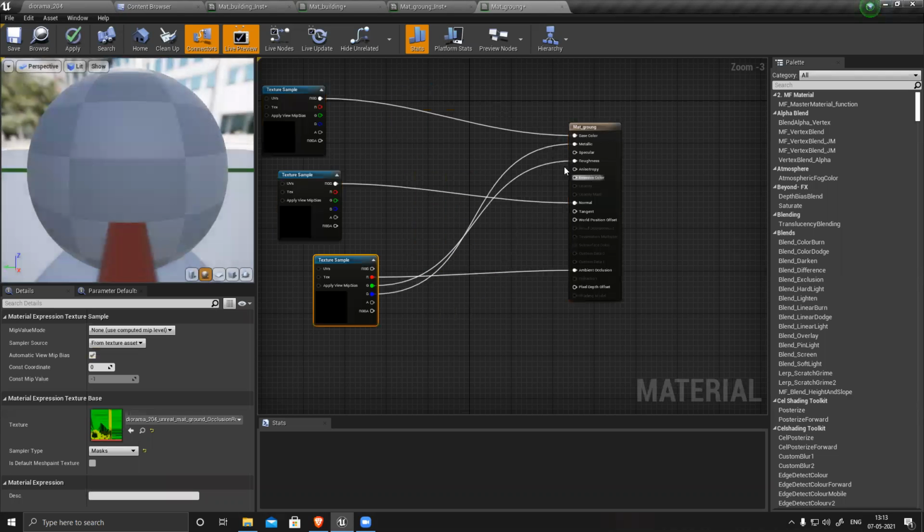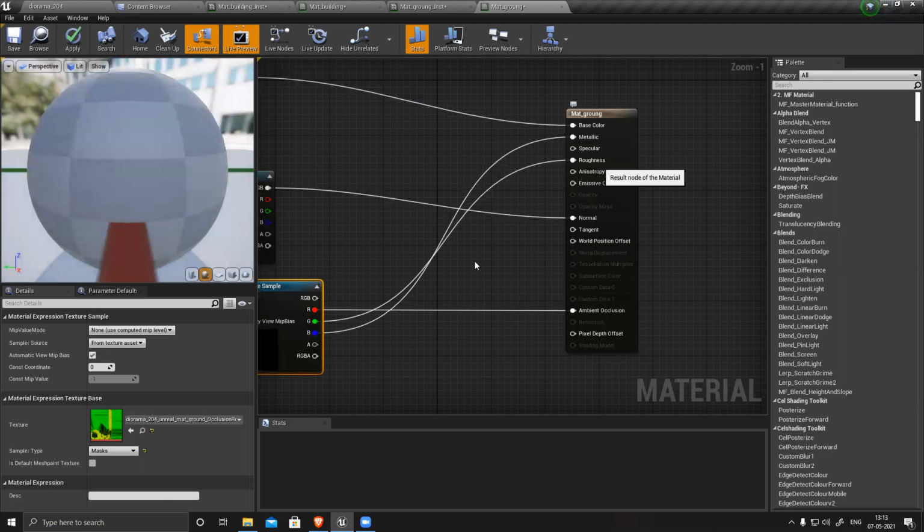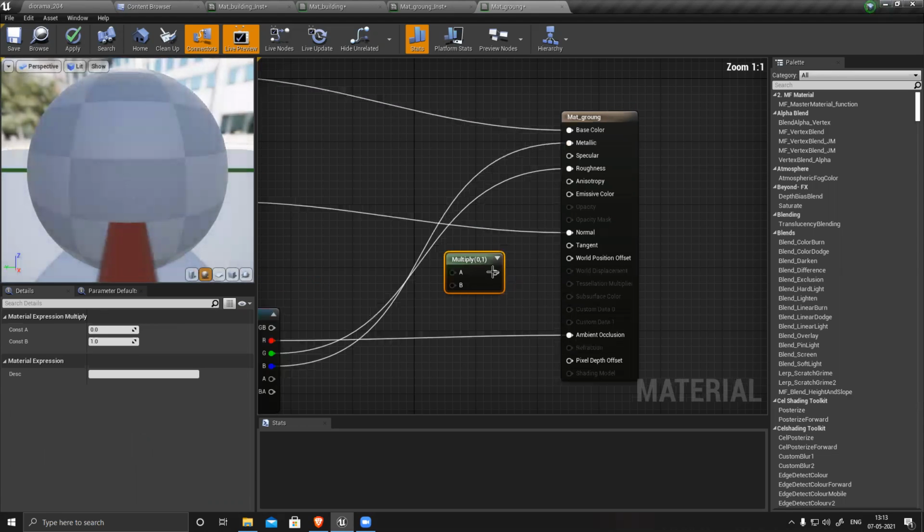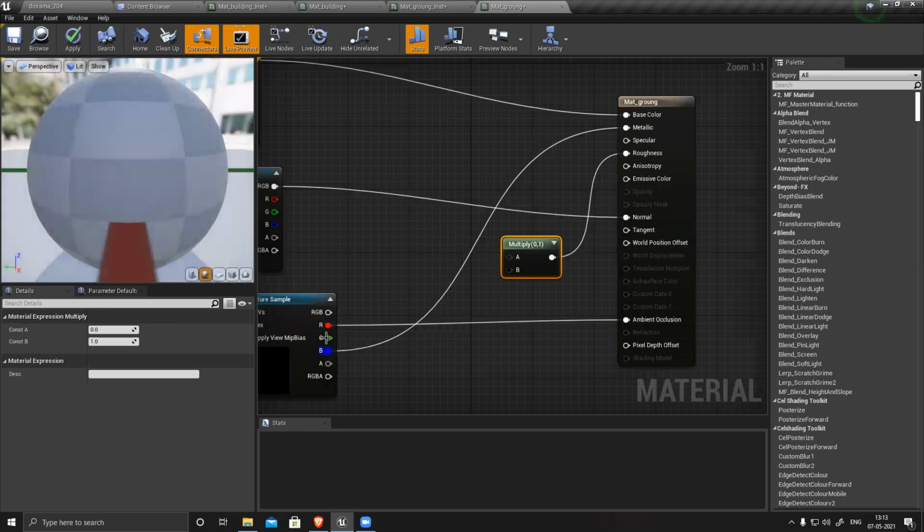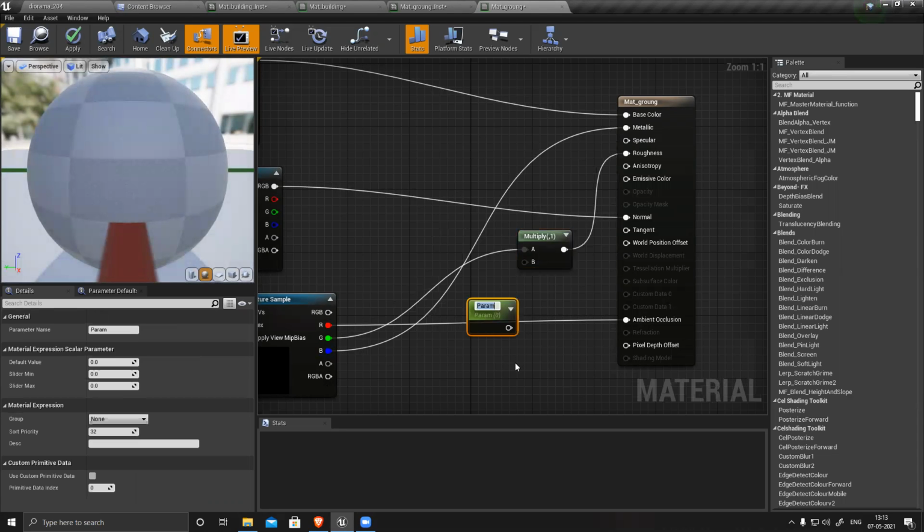To control glossiness, we use roughness. So how to control this? Use a multiply node. Press M and left mouse button together to generate a multiply node and connect this to roughness. Now connect your green roughness to A, press S and left mouse button to generate a parameter, name it roughness. Default value is 1, connect it and just save it. Now you have a controller for only the roughness.